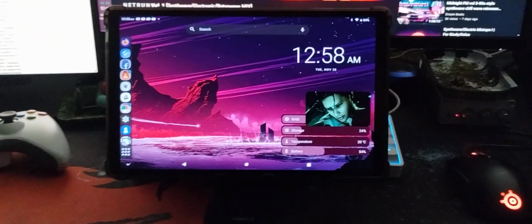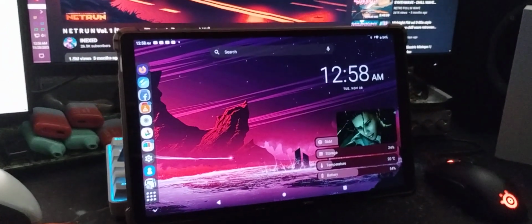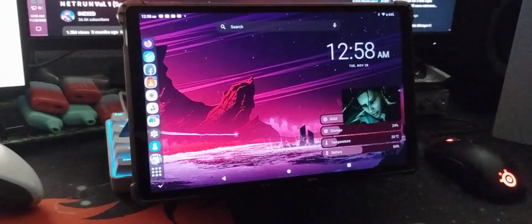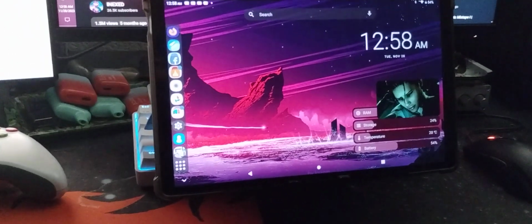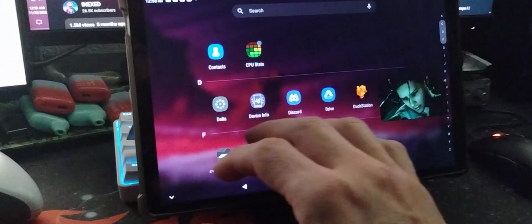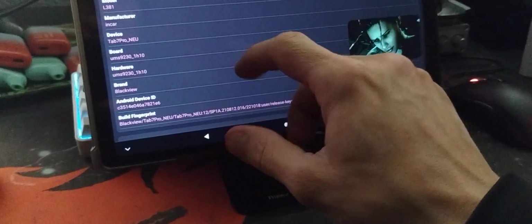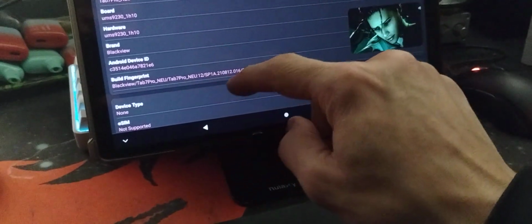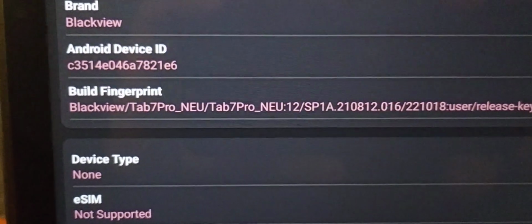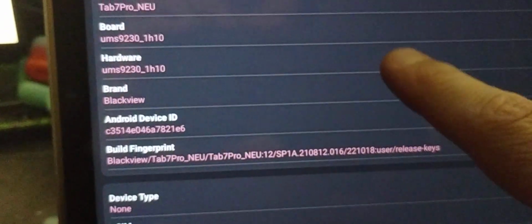Tonight we're going to take a quick look at this little tablet I found on Amazon. Now, I'm not sure exactly who makes these. It'll have the name POWMUS on the back side of this device. POWMUS. But if you take a look in device, I think it comes up as a Blackview Tab12 Pro, and it also goes under this other alias,